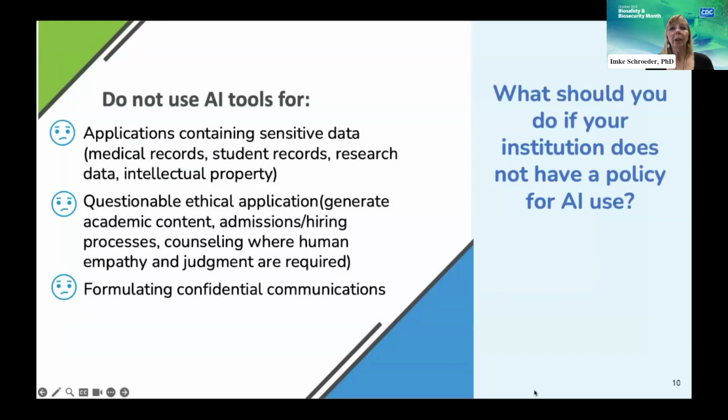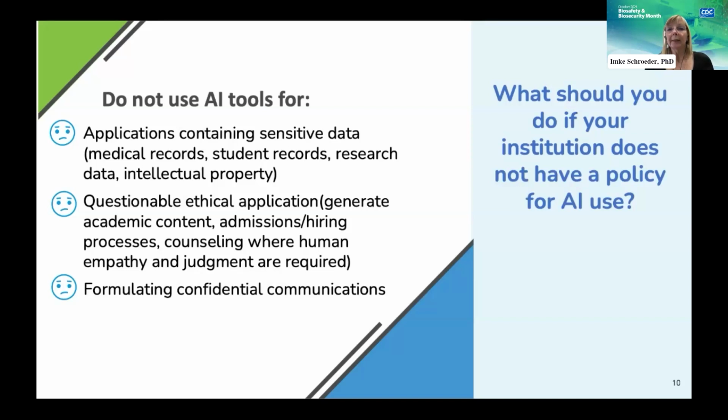So what should you do if your institution does not have a policy for AI use? So here are some recommendations that I would provide. Chatbots should not be used for applications involving sensitive or confidential information.